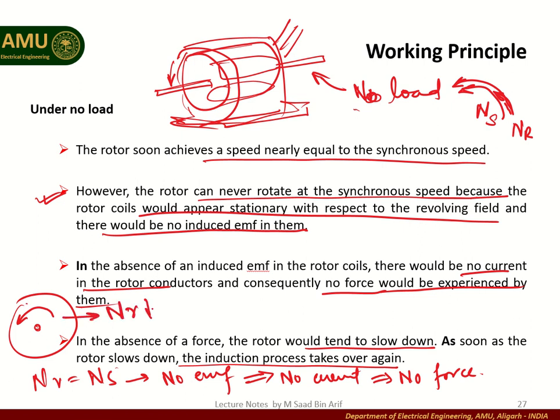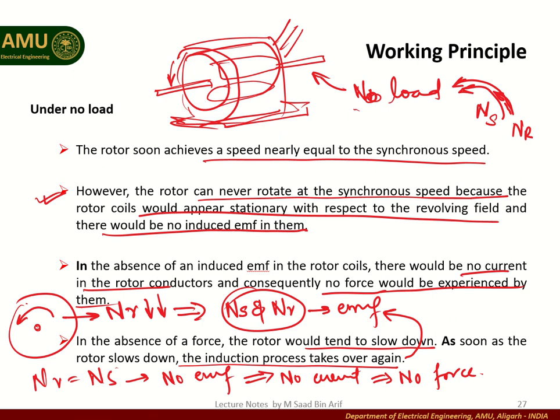NR starts decreasing. As soon as NR decreases, this results in relative motion, a relative speed between NS and NR. As soon as this relative speed appears between NS and NR, again EMF starts inducing, and the whole process will take over again. So from this we observe that an induction motor cannot run at synchronous speed, because in an induction motor the force